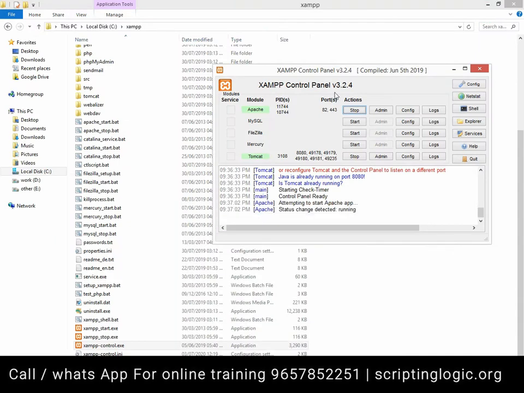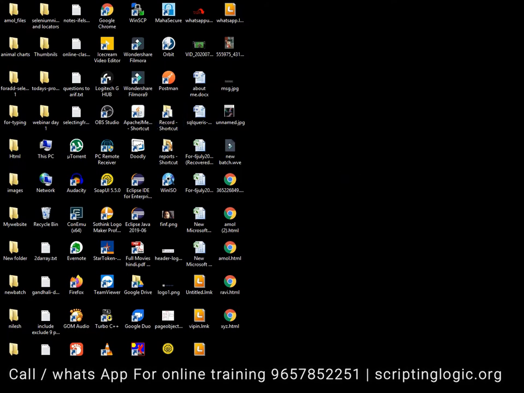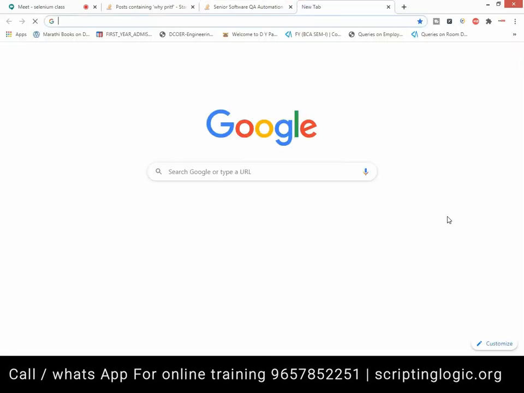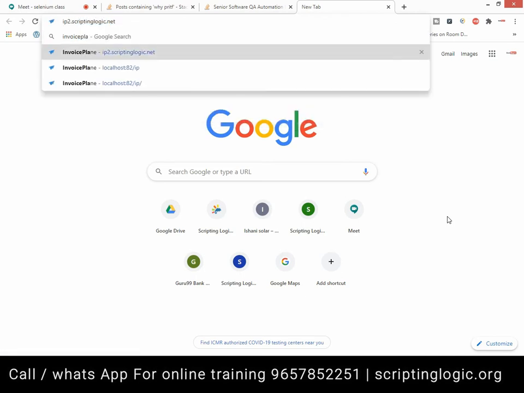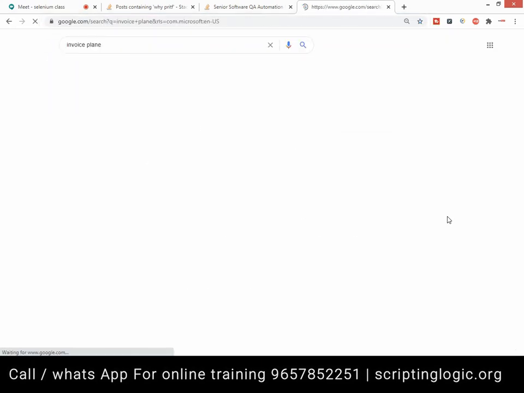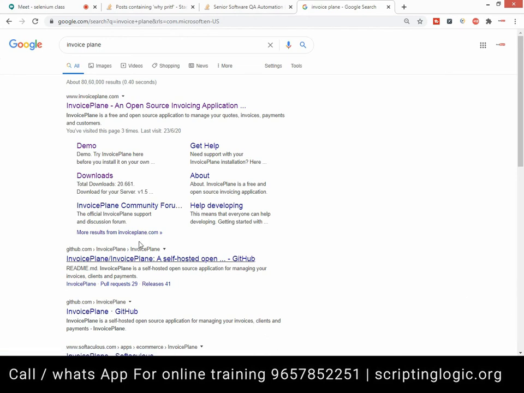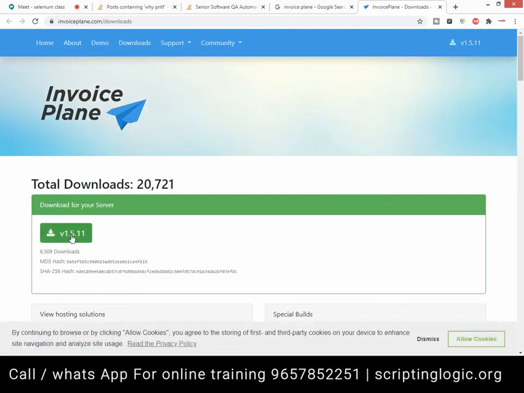Now the next step is that once you install this, and if it turns green, then one step is done. So your server is installed. Now let's download one project. Let's download the Invoice Plane. Search on Google, Invoice Plane. Unlike this, there are several applications, and I'll be giving you its details as well. So go to downloads. Invoice Plane download, or you can go to the website and click on the download link from here, and you can download this latest version.